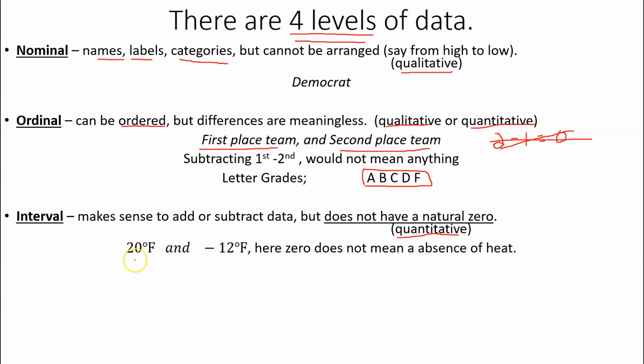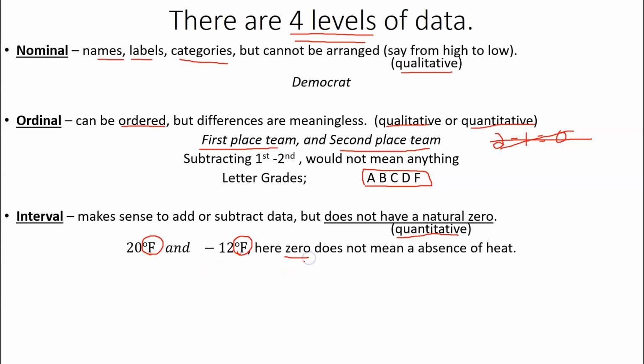Temperature is a great one. Does temperature have a zero? Of course it does. Does it have a natural zero? No, it does not, at least not in the Fahrenheit scale. In the Celsius scale and in the Kelvin scale, it does. Now, what I mean by that is